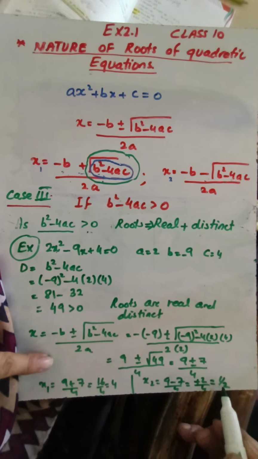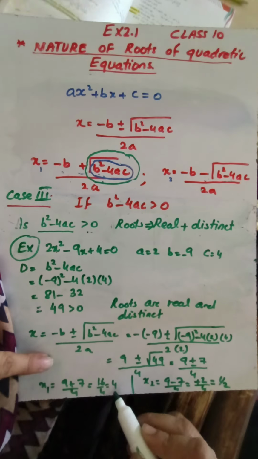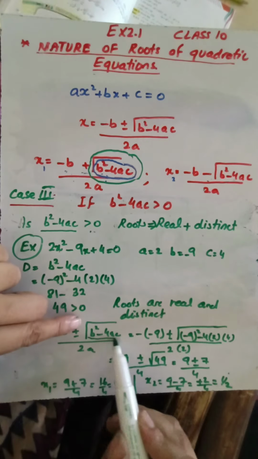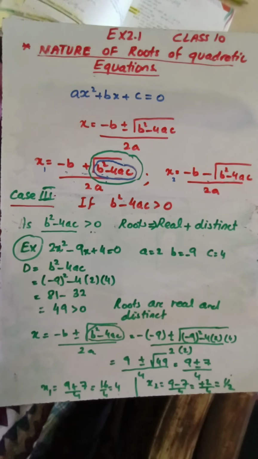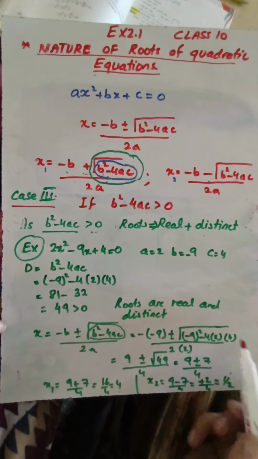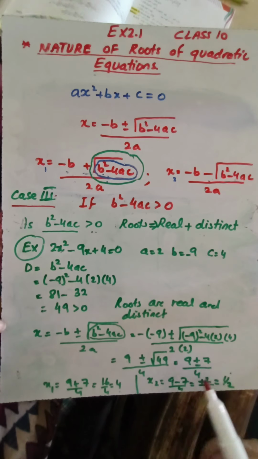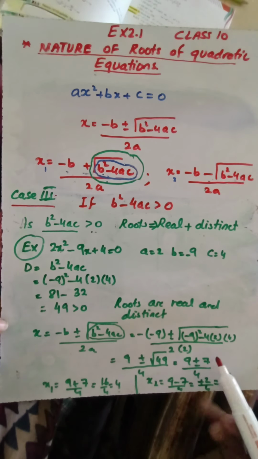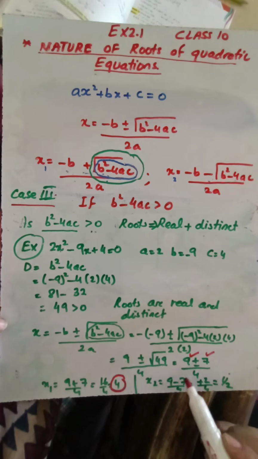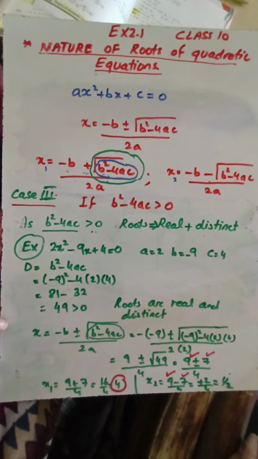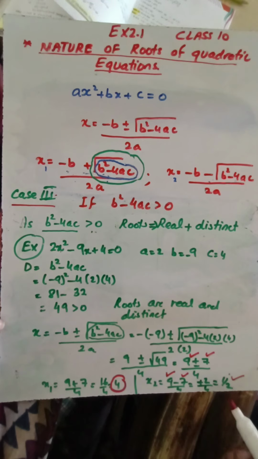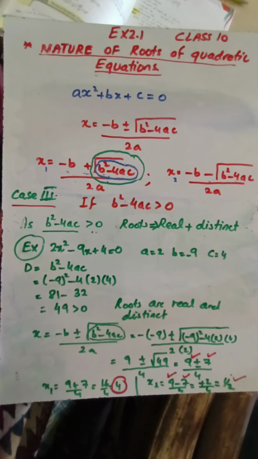So as you may see, the roots are different from each other, but both are real. None of them is imaginary. This is because of this factor, as this was equal to 49. So as it is 49, it is a real number. Square root of this is a real number, not an imaginary number. Any real number added to some other real number always gives you a real number, and any real number subtracted from some real number also gives you a real number, and divided by a real number, the result is always a real number. This we have learnt in the properties of real numbers.